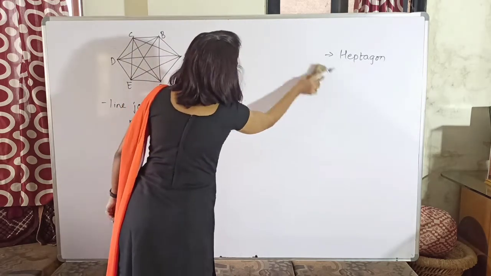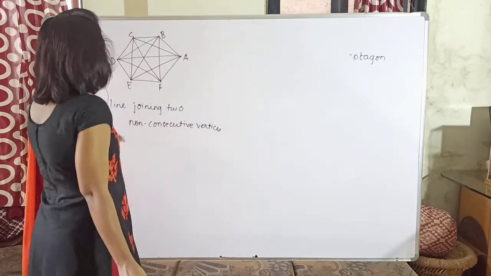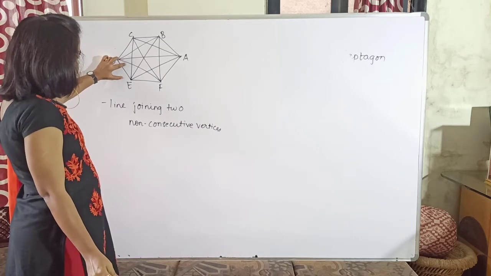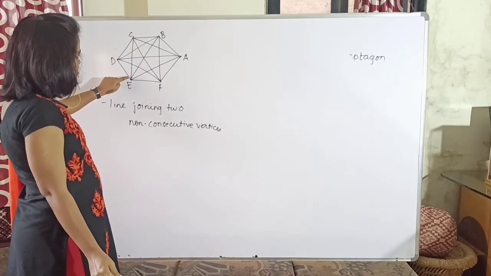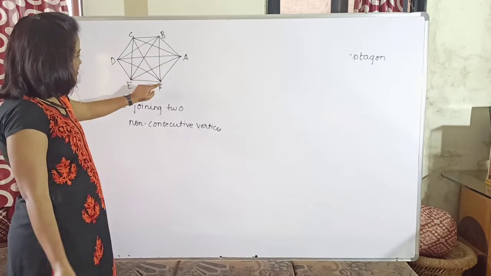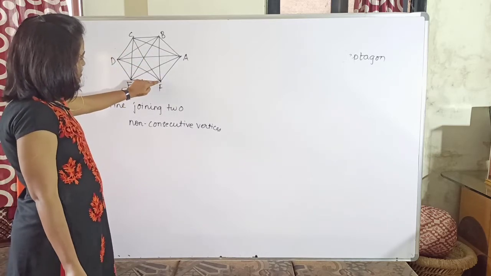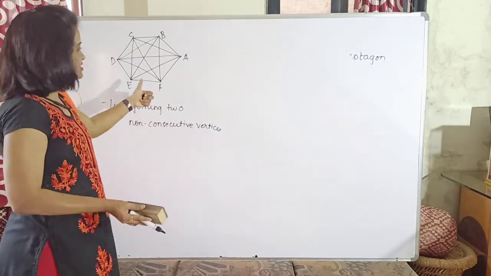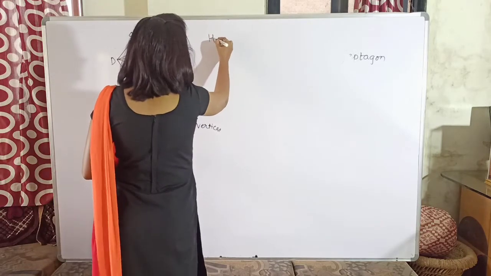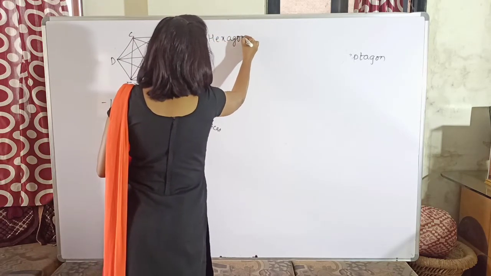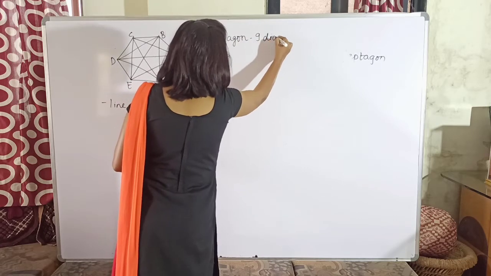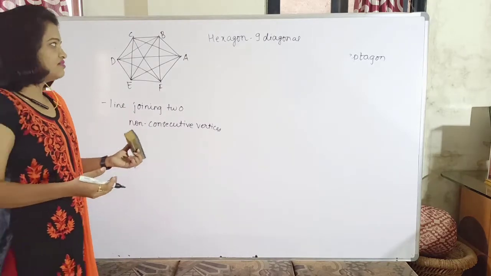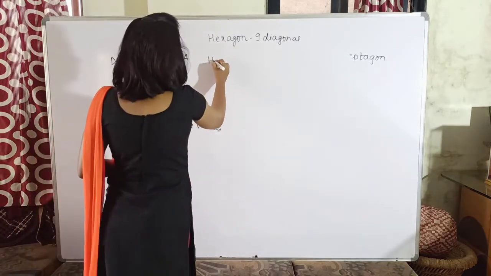I mean, depending upon the sides. In this case, yes, 1, 2, 3, 4, 5, 6, then this was connected, so don't count this. 7, 8, this is also counted, this is also counted, this is 9. Now these 3 are actually counted. So total how many diagonals in this case? In this case we have 9 diagonals. So in case of a hexagon, I have 9 diagonals.